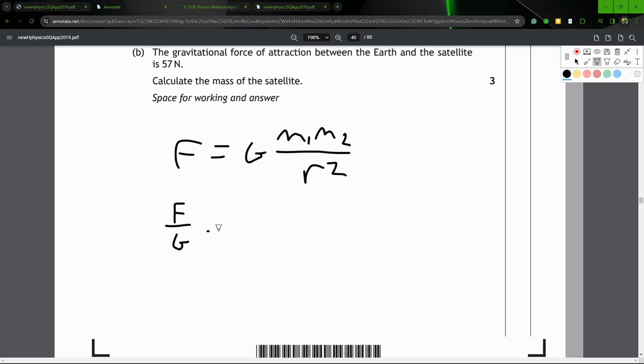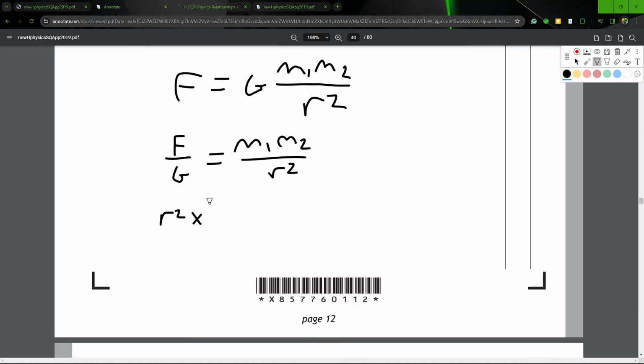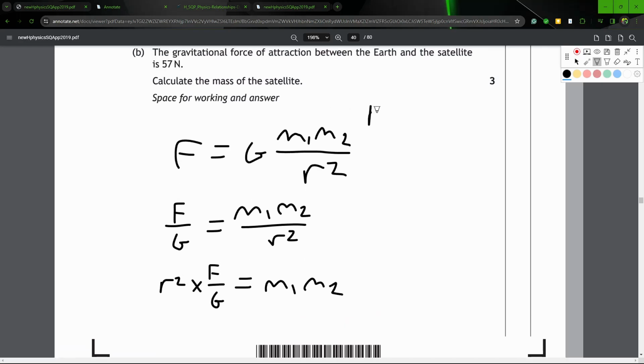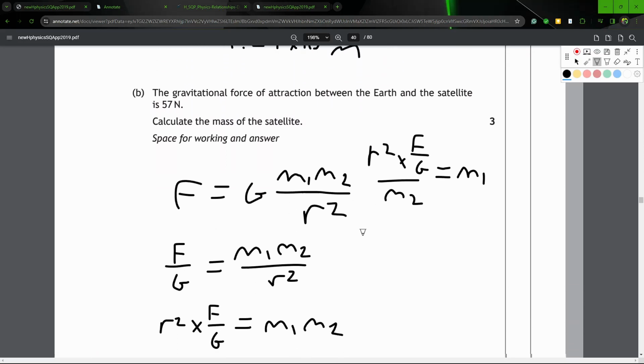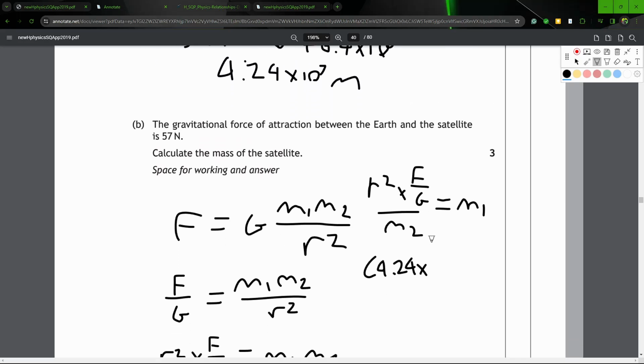F over G equals M1 M2 over R squared. So that means R squared times F over G equals M1 M2, and then we divide both sides by M2 to get R squared times F over G divided by M2. A bit messy, I know, but we're just going to shove this in our calculator. If we throw in our numbers, the radius, I'll put it in brackets, 4.24 times 10 to the 7